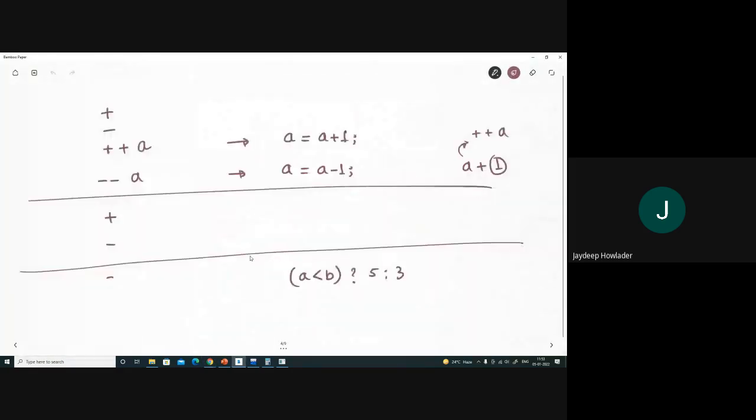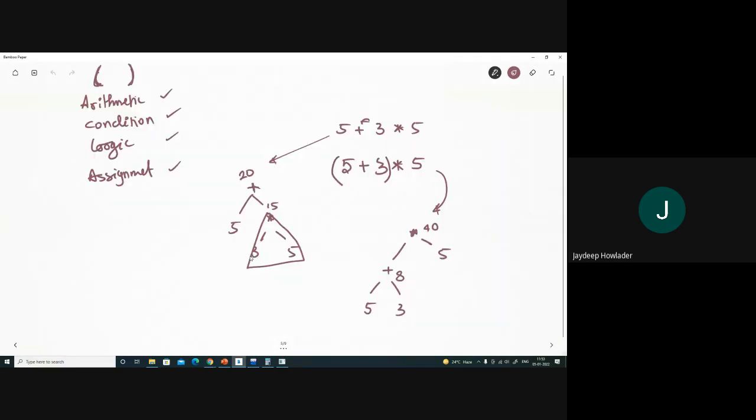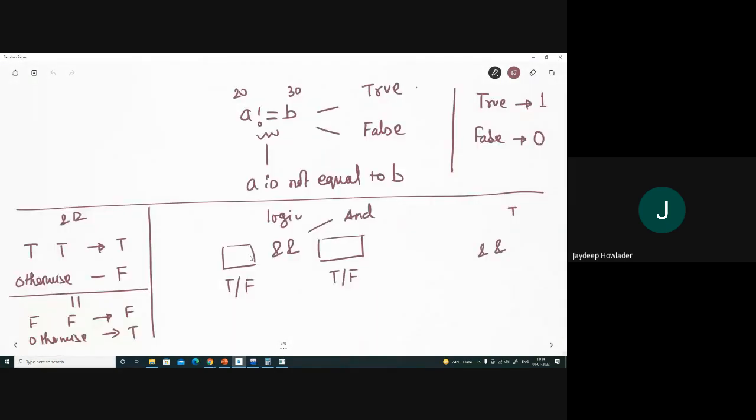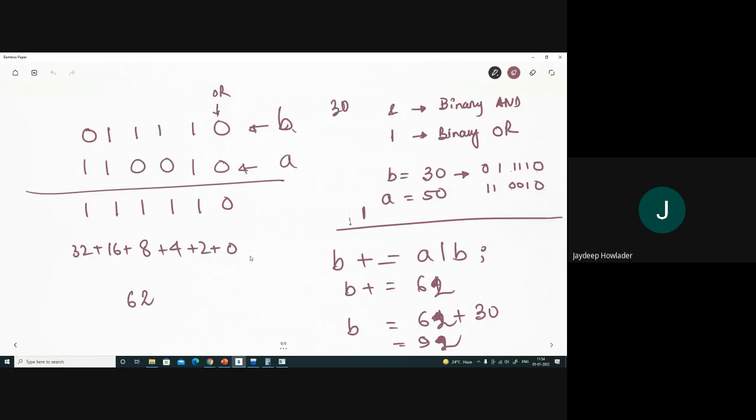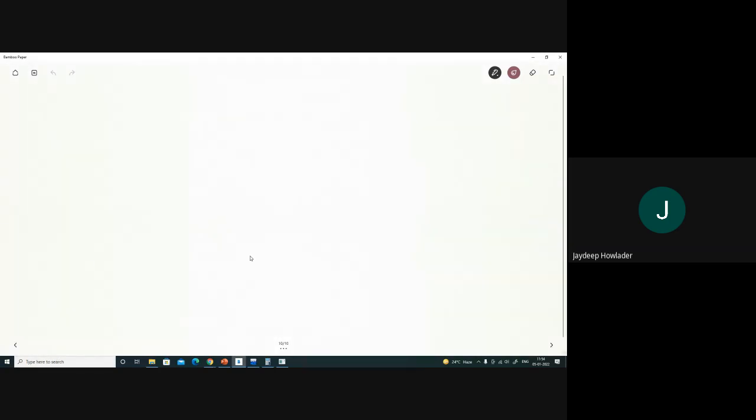Say the operator looks something like this. Okay. So this is the operator. Then there is a colon, and there is a condition. So this is a condition, and these are the return values. So return 1 and return 2. Let me just explain this thing. Say I am writing, say A is greater than B. Then the ternary operation returns 5, otherwise returns 0.